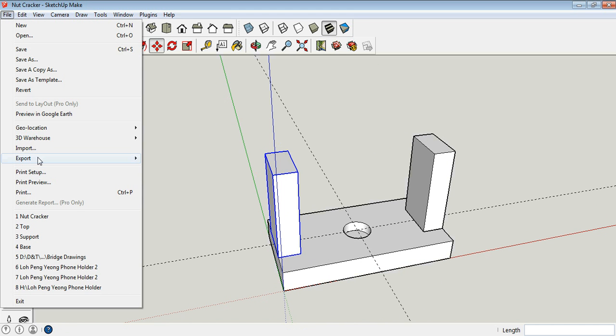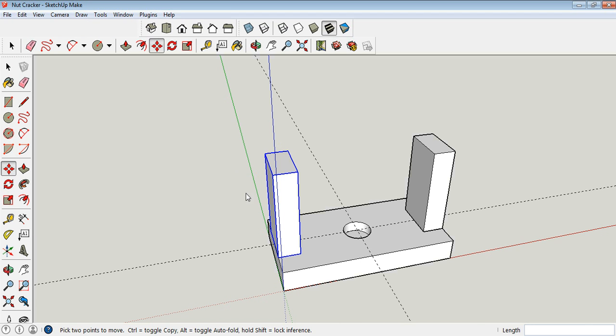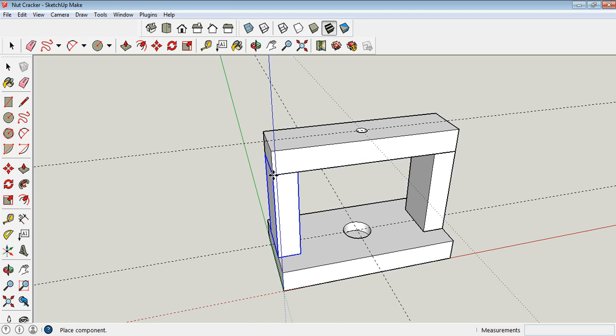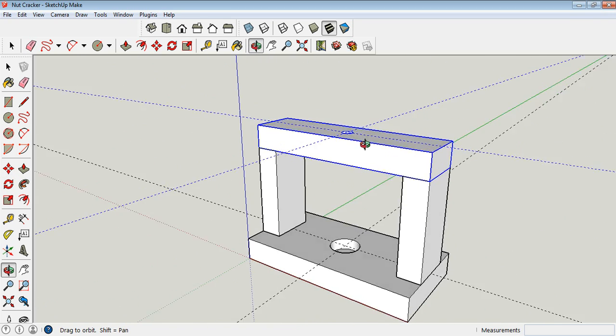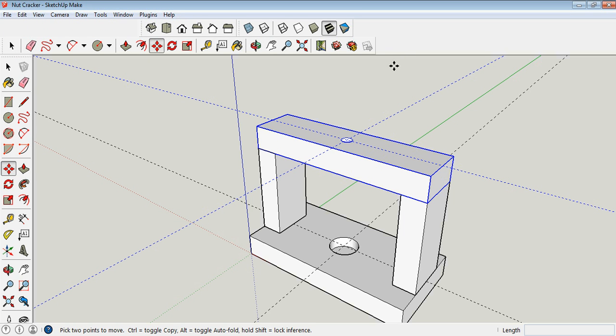Then we import the top, open, place it just directly on top, and we have the nutcracker basic structure, and we save. Now what we do, we are going to go to the 3D warehouse to get the